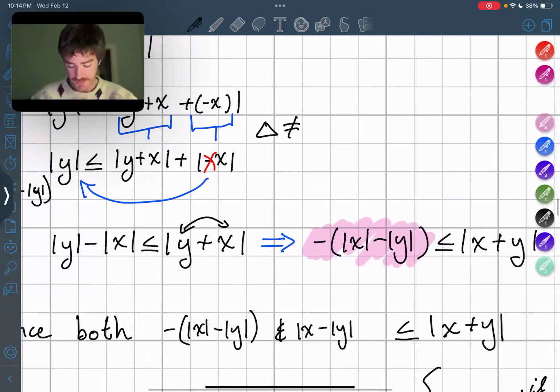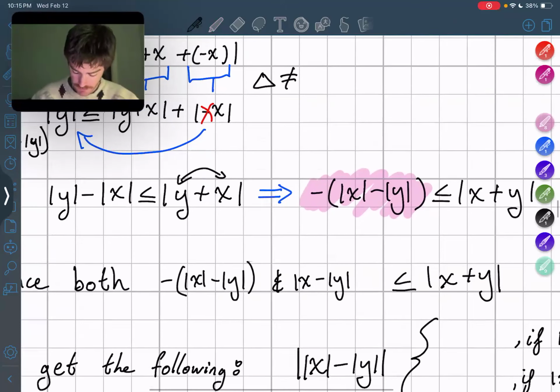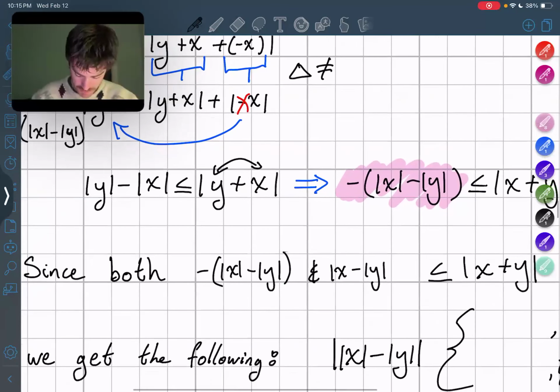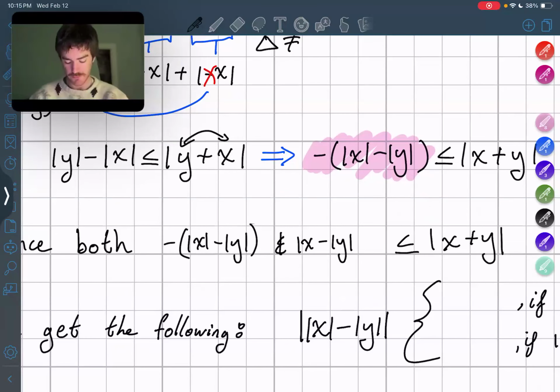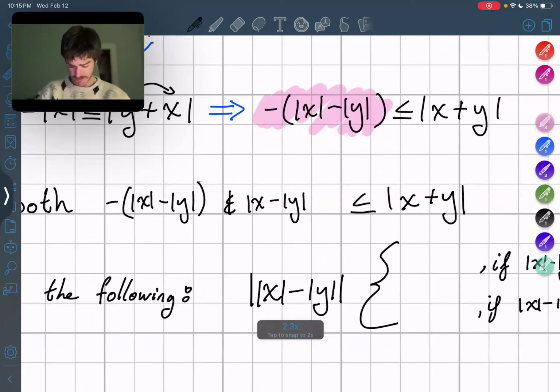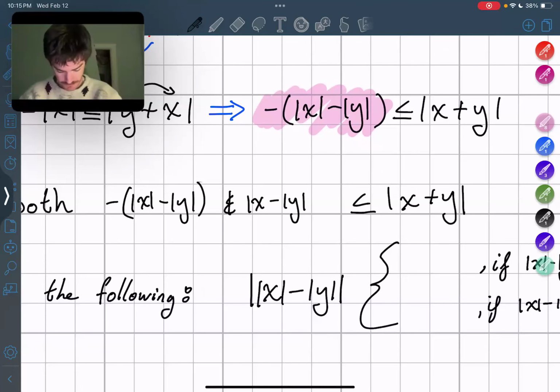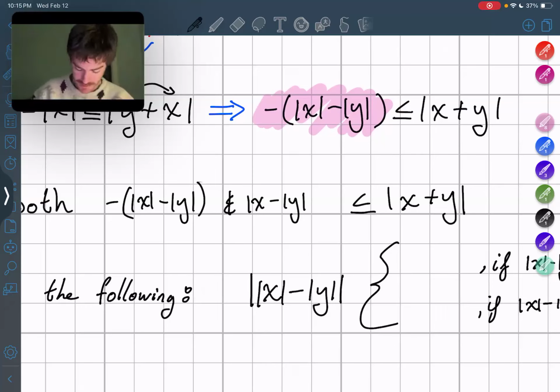If this looks a little familiar, you are right. We actually can create the following piecewise function, just like we did for the start of our definition of absolute value. So we get that the absolute value of x minus the absolute value of y, told you I would be saying absolute value a lot, is going to be